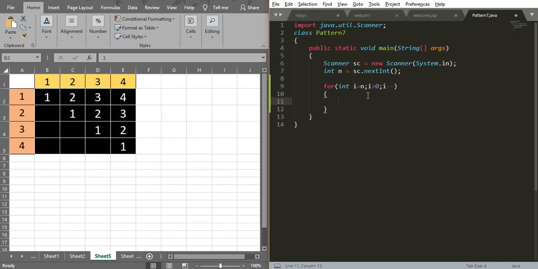Inside this I need to print the spaces. In the first row we don't have any spaces, the second row we have 1 space, the third row we have 2 spaces, and the fourth row we have 3 spaces. According to this we have to print the number of spaces. Okay,